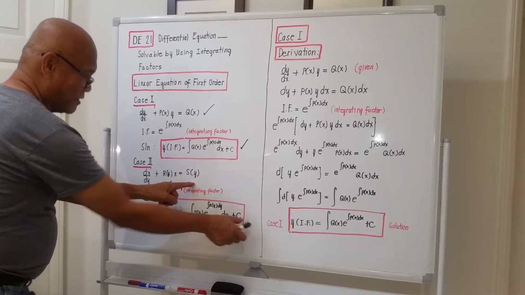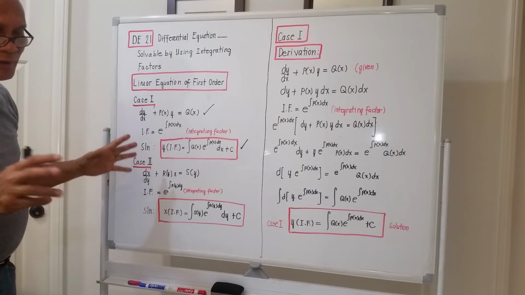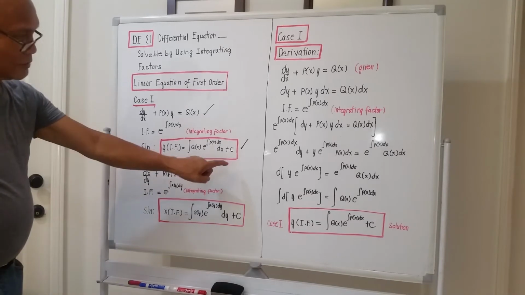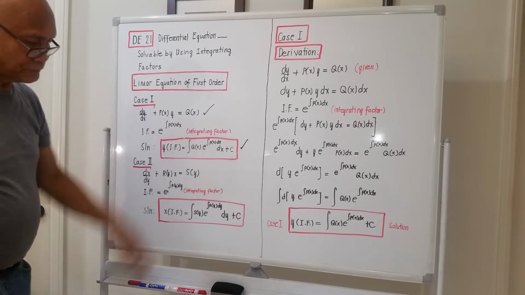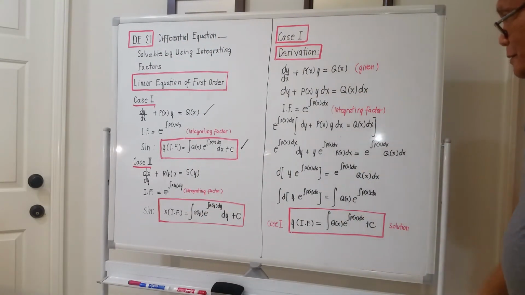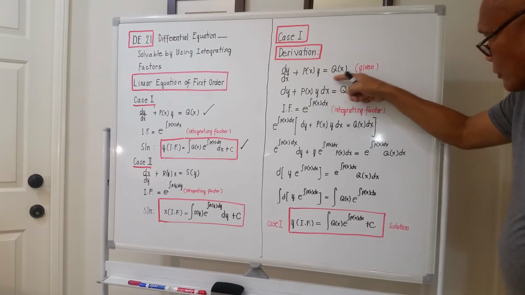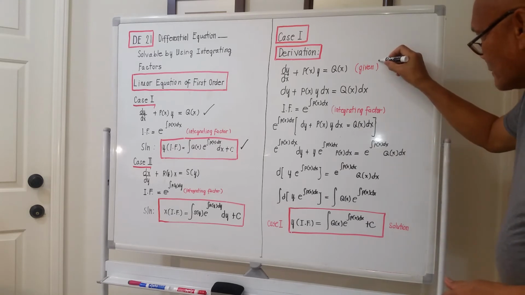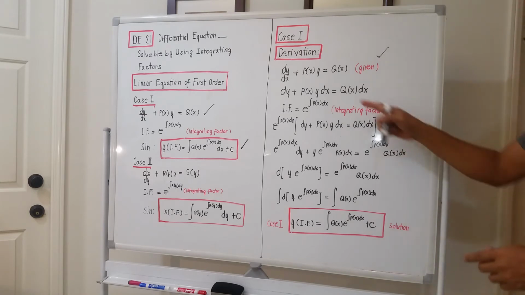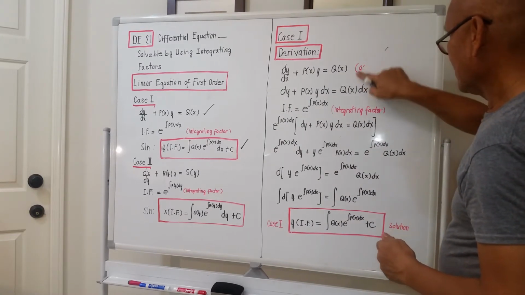These are the only two general solutions for problems involving integrating factors. Let's try to bring out this solution, to see why it came out like this. For case number 1, derivation of the general solution. The given equation is dy/dx plus p of x times y equal to q of x. This is given, for case number 1. Multiplying all terms by dx, this will become,